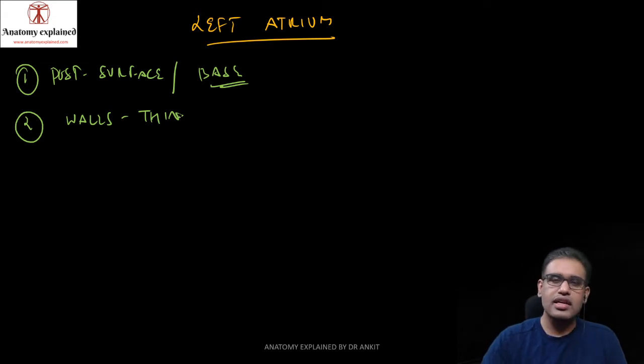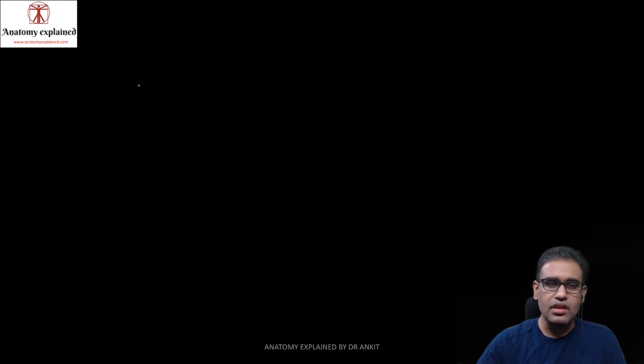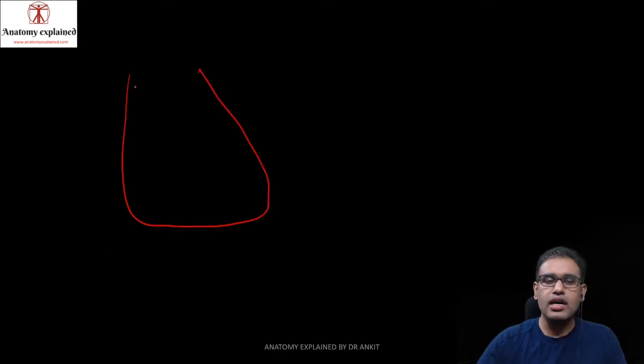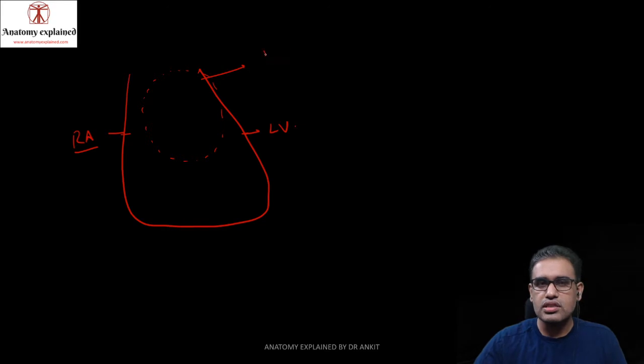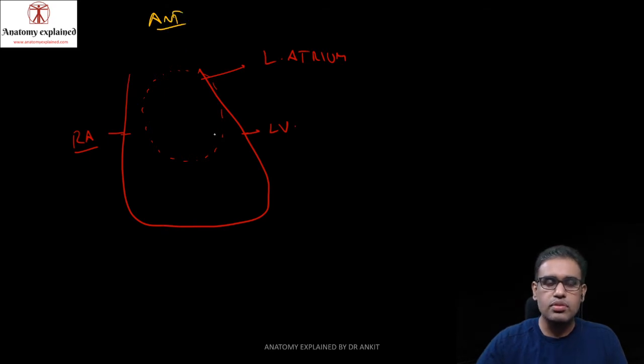Now let us quickly see the images of the heart so that we can chalk out its location, though we have seen them also in our previous videos. So this is the anterior view of the heart. If this is the anterior view, then this right side is the right atrium forming the right border. This left border is mainly formed by the left ventricle. Now this dotted structure over here roughly corresponds to the location of the left atrium, which is actually present posteriorly. So this is the anterior view, this would be the left atrium.